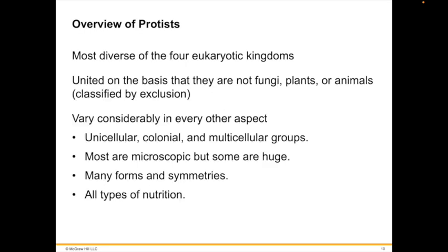Unlike other groups of organisms, protists have no unifying features, but rather are characterized by diversity in structure, genetics, reproductive strategies, and metabolism. Unlike the way many organisms are classified, a eukaryote is classified as a protist by exclusion. That is, a eukaryote is considered a protist if it lacks the characteristics required to place it with the fungi, plants, or animals. Many protists are unicellular, but numerous colonial and multicellular groups also exist. Most are microscopic, but some are as large as trees.